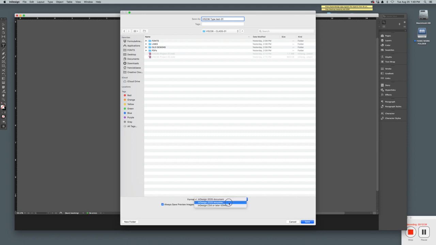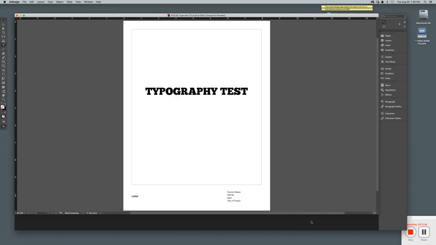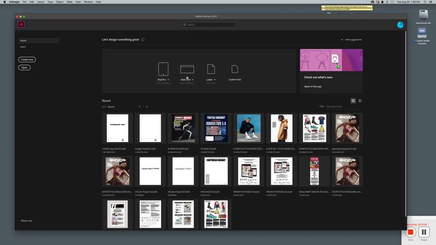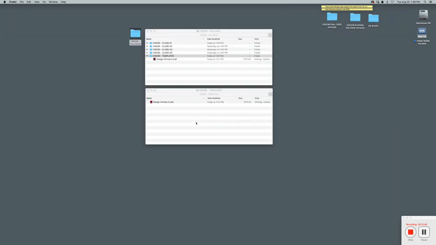I could save it as a template, but not going to happen. I'm going to save it as the default document and save. Let's click out of this, and you will see I still have my design template there, but